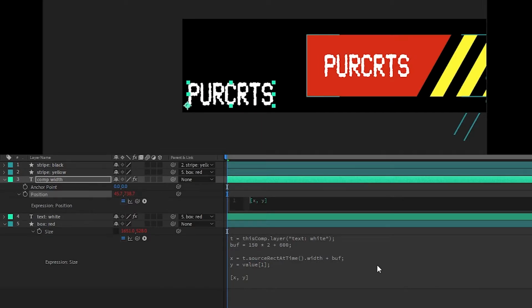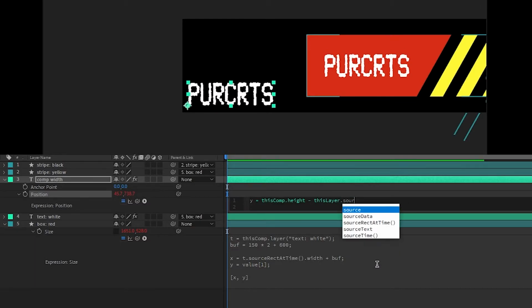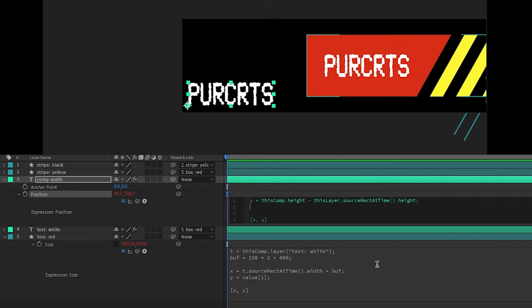X, Y, Y equals this comp dot height minus this layer dot source rect at time dot height. So that should put it like right at the bottom edge. And then X, actually I don't like defining Y first, X equals this comp. Oh no, X equals 0. Which should put it on the left side of the comp, the way that the,